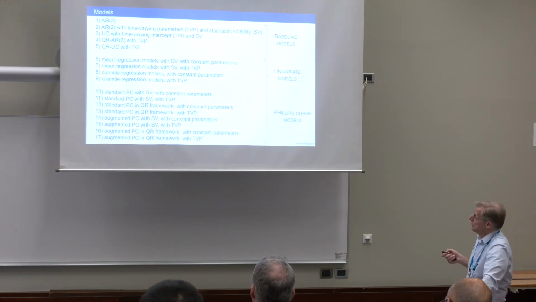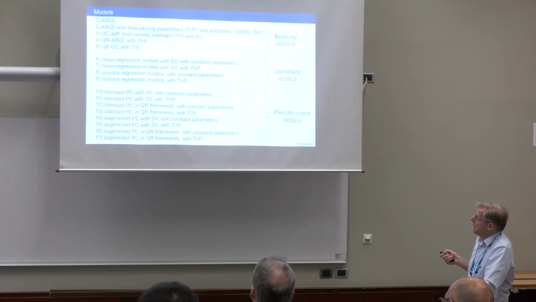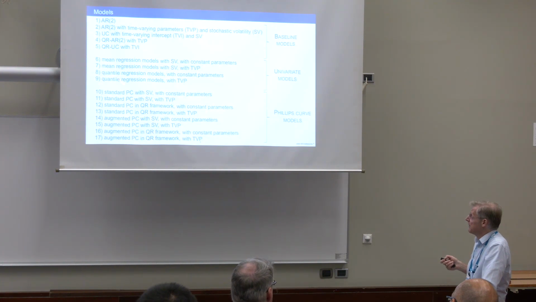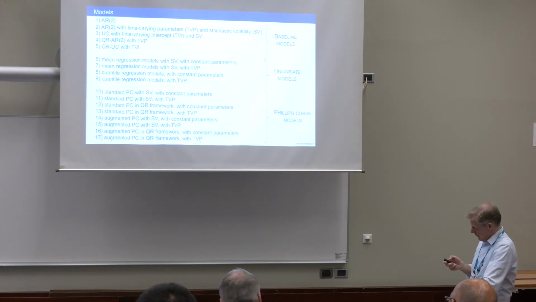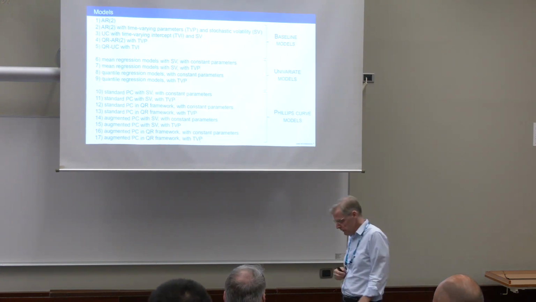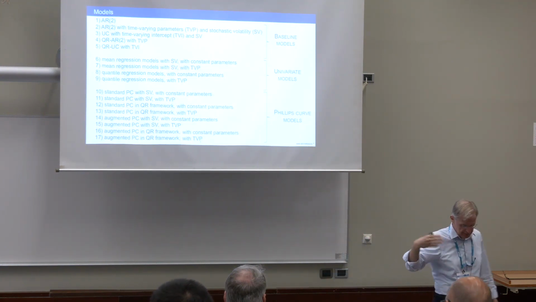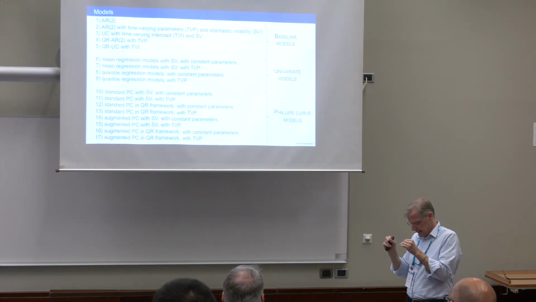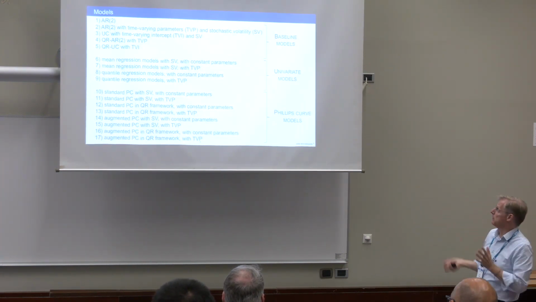And then, of course, the last ones are the Phillips curves augmented with a financial indicator, of different types. So bottom line, model number 8 would be more or less pretty much the Adrian et al. model, while model 16 would be the Lopez-Salido and Loria. And we find that often the extension to time-varying parameters, 9 and 17, provides an increase in value added. Just to mention, within the basic models, model number 3 is very close to the Stock and Watson unobserved components stochastic volatility model, which is proving to be very useful to forecast inflation, except that we don't add the stochastic volatility formulation in the trend inflation, but it's pretty close to that.